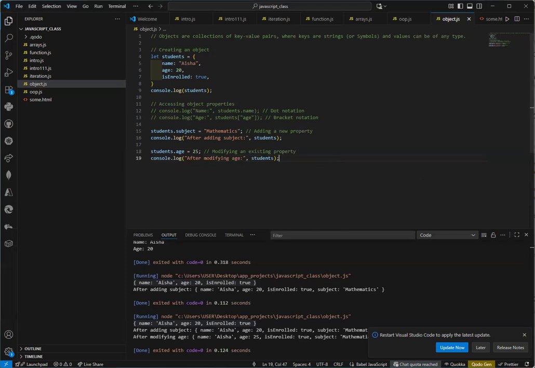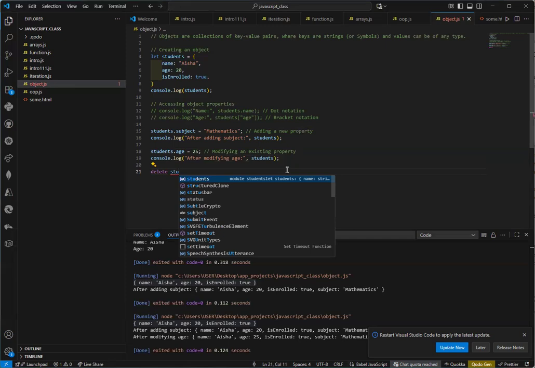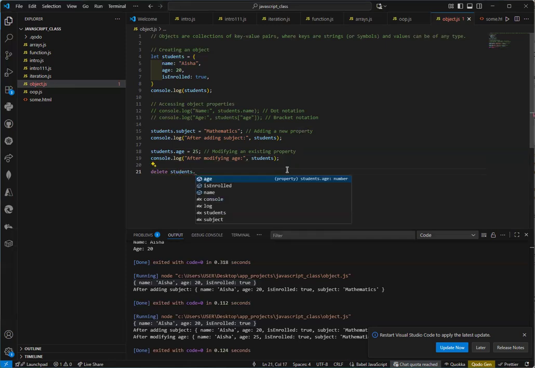And of course, we can also delete. So what do you think we want to delete? So let me delete isEnrolled, right? So how do I delete it? Very easy and straightforward. What I will just do is come here and do delete, space bar, student. So what do I want to delete? student.isEnrolled,